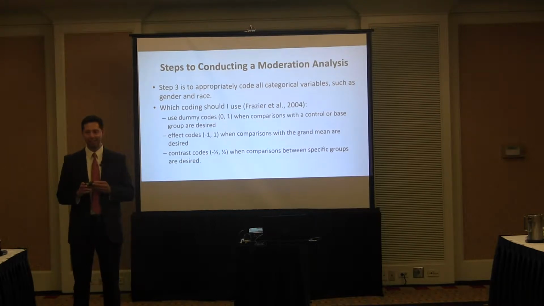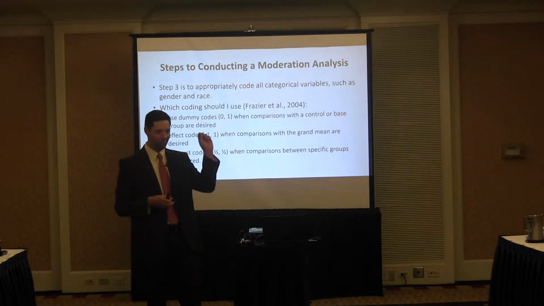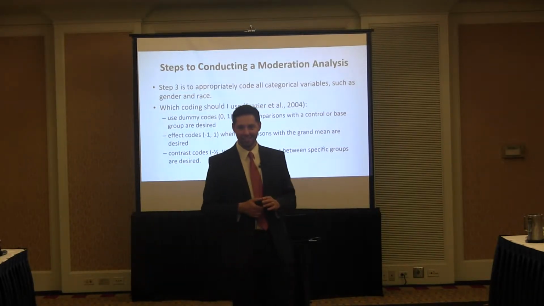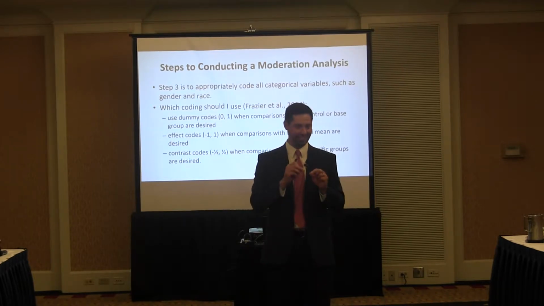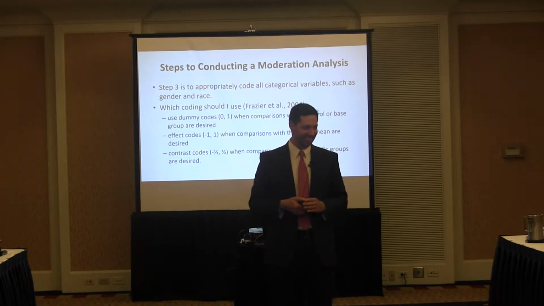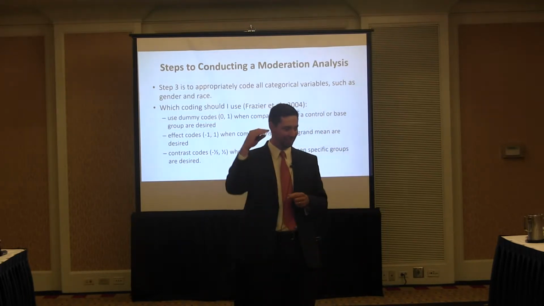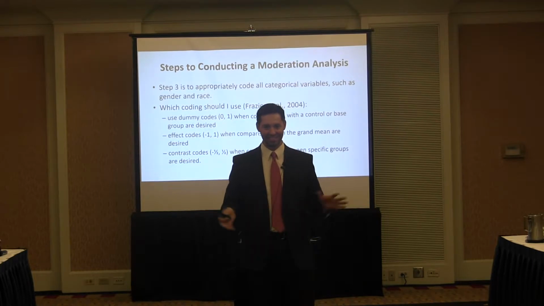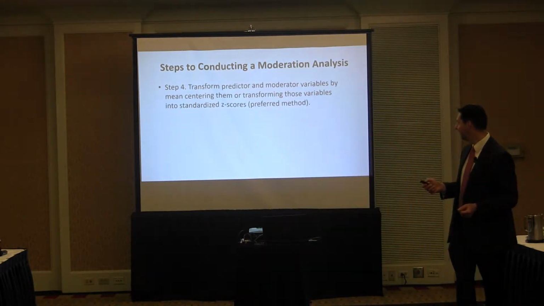But if we have a race variable, which almost all of you do, in some form or another, race is normally asked on a single question from 1 to 8 or something like that. You can't use that variable as 1 to 8 because it makes no sense. A 1 unit increase from one race to another is not an up or down. They need to be dummy coded. So if there are 8 categories, we need to make 7 variables where they're all 1s and 0s. So make sure that we're properly coding any of our categorical variables.